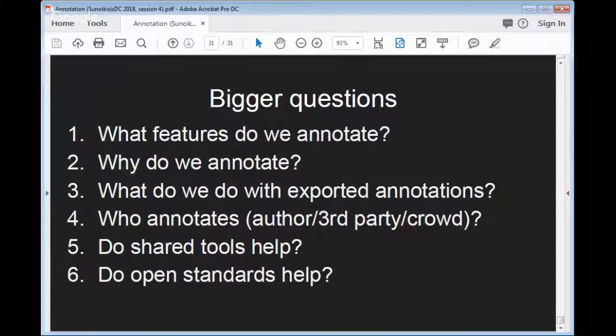But yes, the machine annotation, I think, is an important question, and it comes under why do we annotate in part as well. If we annotate as a way of looking more closely at the text or of teaching people about the text, then we want humans to be doing that annotating, because that's the point of it. If we're annotating in the slow thinking sense, in the philological sense, then we don't. If we're annotating because we want a large corpus of text that we can then query, then machines will help us a lot.